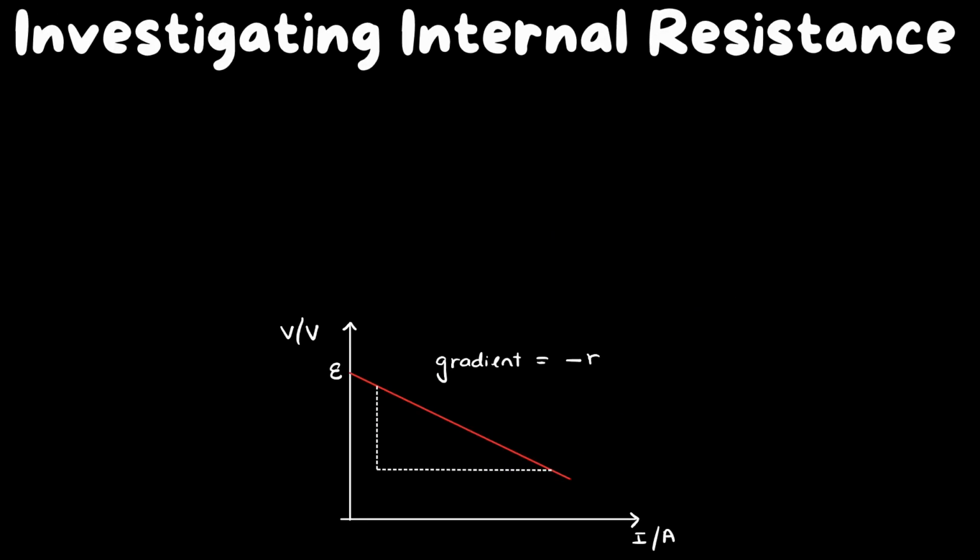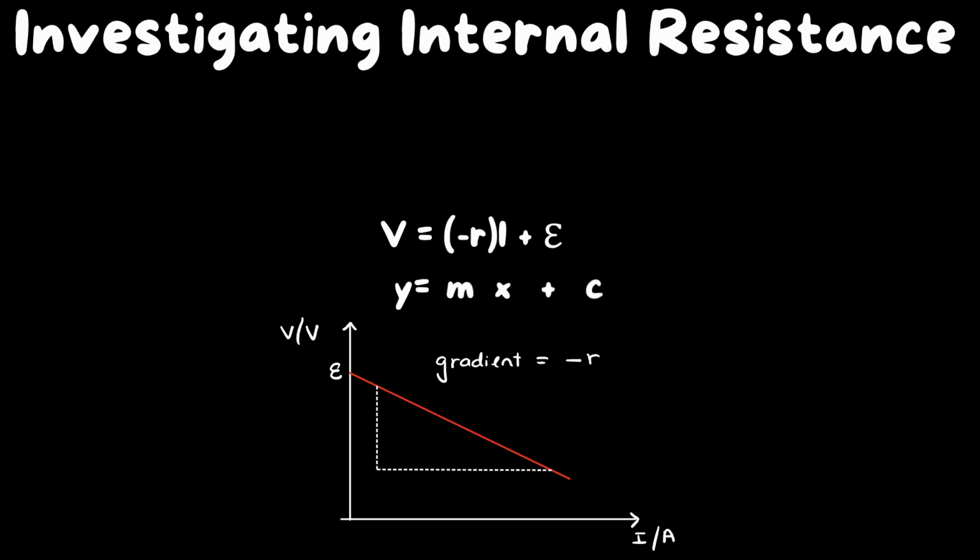Now, once you've gotten a graph of V versus I, you'll notice a couple of things. A, it's a downward slope, and B, it is comparable to an equation of a straight line. So we know that EMF is equal to Vt plus V lost. So if we were to rearrange it to make Vt the subject, we'll get V equals minus rI plus EMF, which basically can be compared to the equation of the straight line, and that's given to you by y